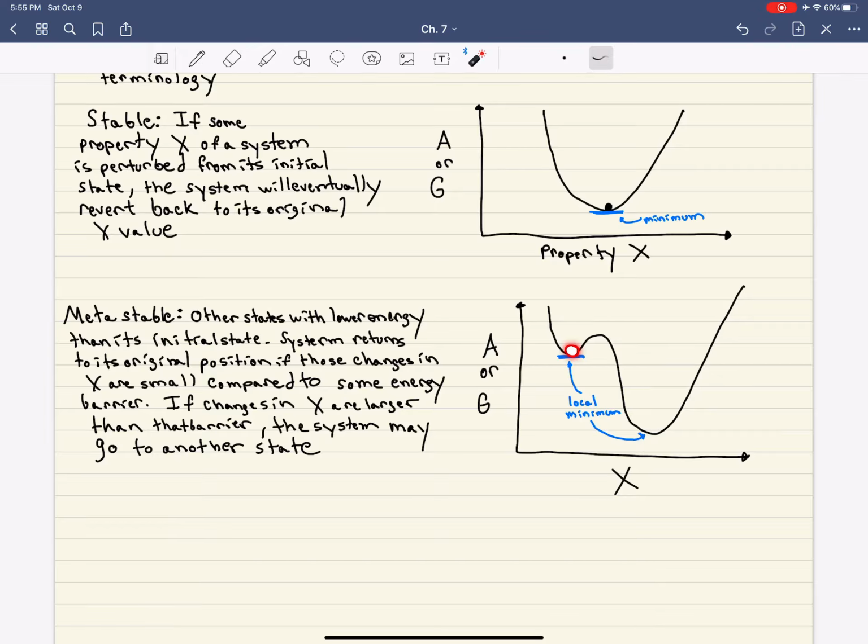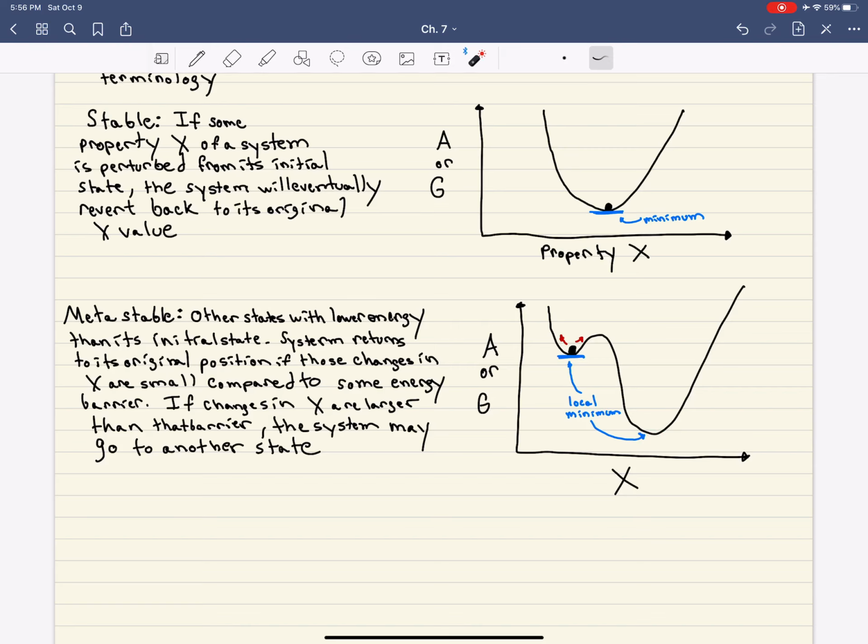here. But then let's say we perturb the system somehow to change x. Okay? And so if the perturbations are small, if we change x only a little bit, the system will go up here, but it will eventually just return back to its initial state. But if we change x a lot and perturb it a lot, this ball here would then get knocked into a completely new state here. Right? And then it wouldn't return back to its original state, but rather it would get stuck in a valley that we see over here in a new equilibrium state. Okay? So that's what we mean by metastable, is that the system is initially stuck in some sort of low energy state, but if you perturb pressure, volume, or temperature enough, then you may cause the system to change irreversibly